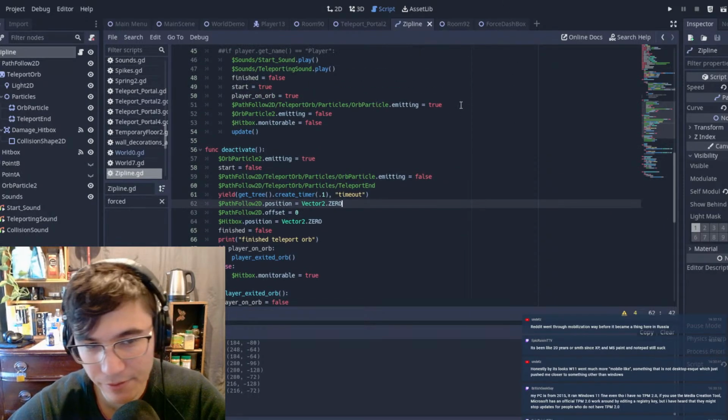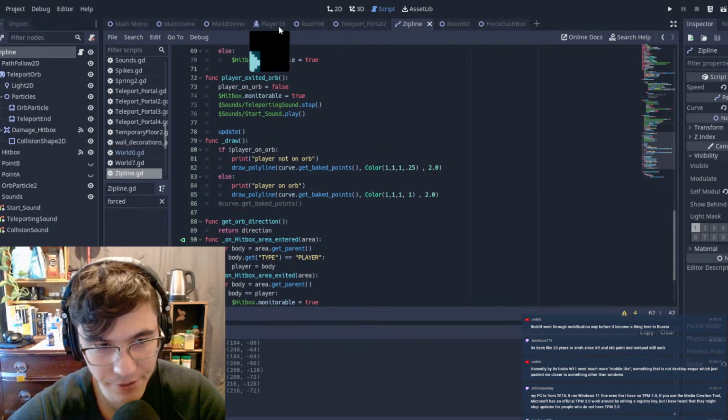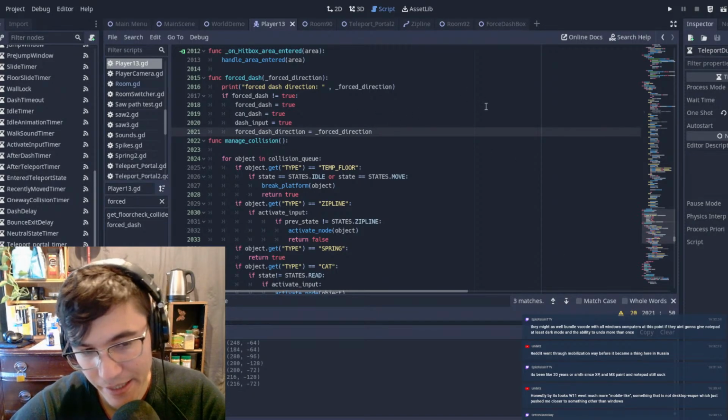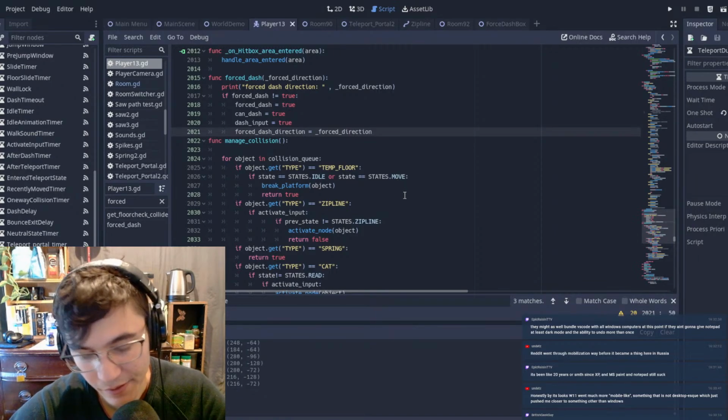So what are we trying to do now? Our player is what figures out our direction. What we're going to do now is decide whether we want to force our player into the dash state after the zip line is finished. And I think the answer to that is yes. And the way we're going to do that,